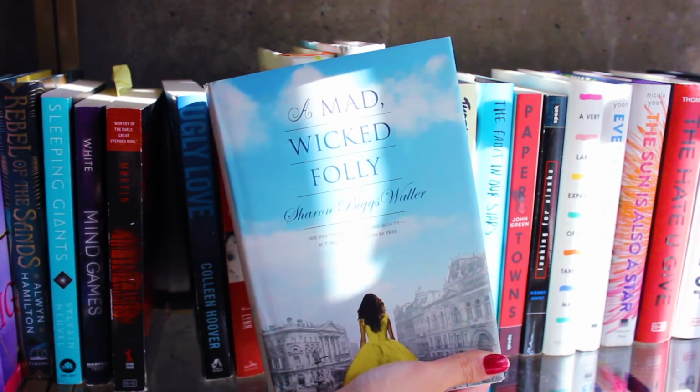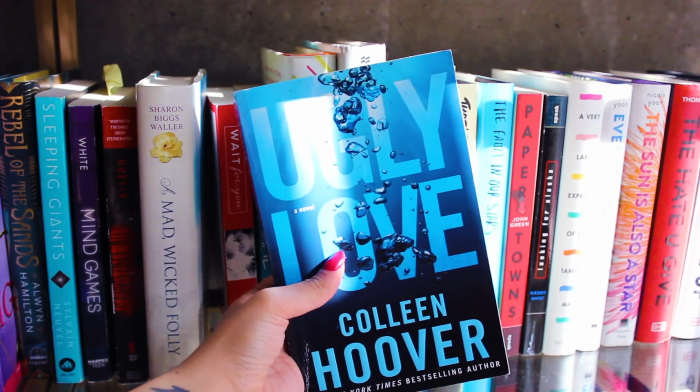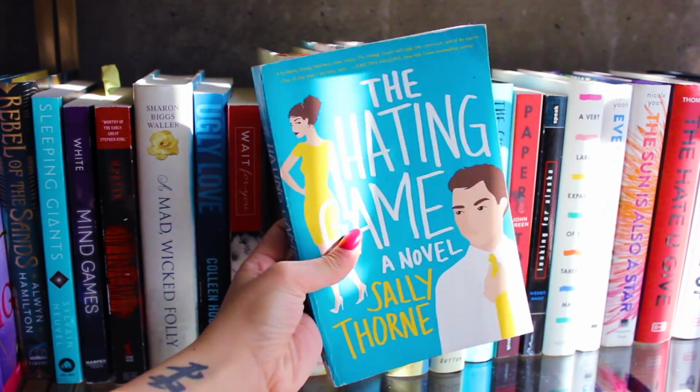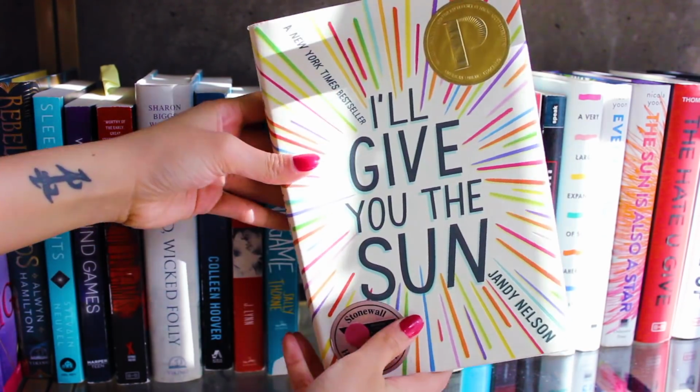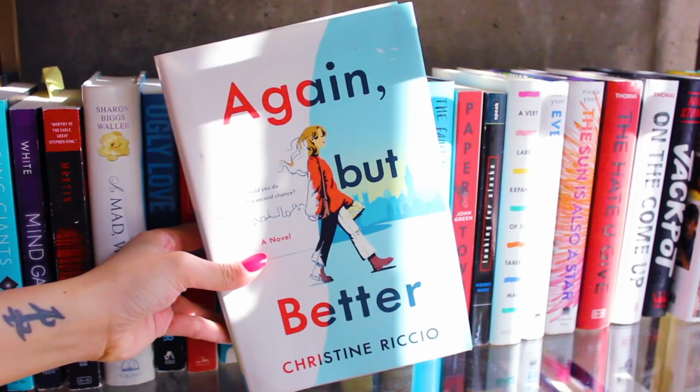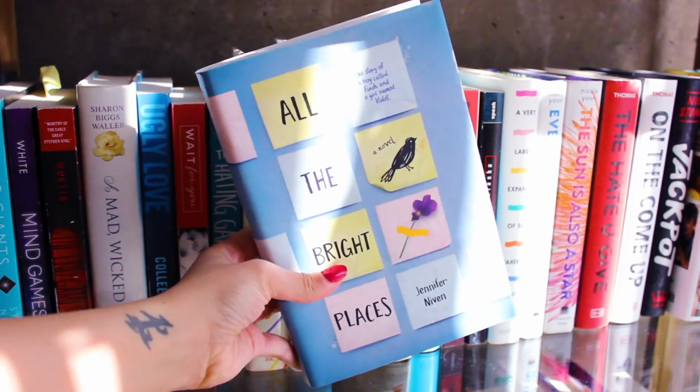A Mad Wicked Folly by Sharon Biggs Waller, Ugly Love by Colleen Hoover, Wait for You by Jennifer L. Armentrout, The Hating Game by Sally Thorne. This one is one of my favorite contemporary books. It is I'll Give You the Sun by Jandy Nelson, Again But Better by Christine Riccio, All the Bright Places